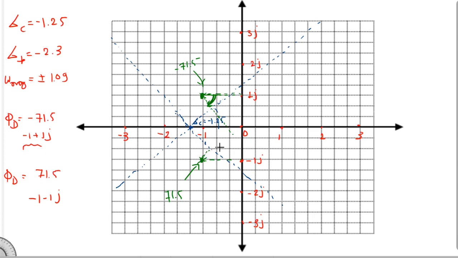Now we know that the root locus is symmetrical about the real axis. Then now we draw this 71.5. After that we draw the root locus here, and our omega marginal is plus 1.09 j here, and minus 1.09 j here. Okay, so the root locus we draw should pass through 1.09 and be parallel to this angle. Then it will look like this. Okay, this will be its direction.